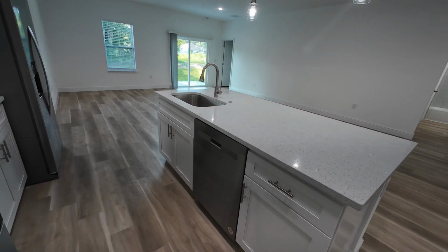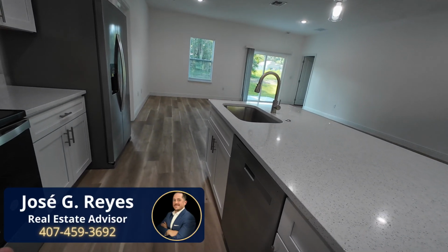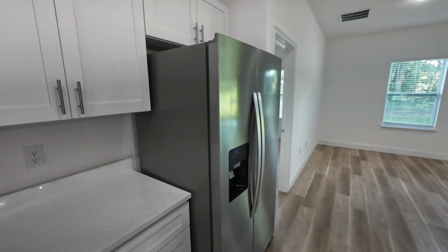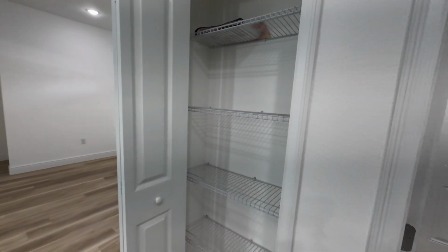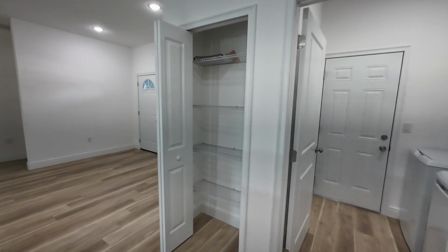And you have your appliances. Looks like stainless steel Whirlpool appliances here in the kitchen. So you have a dishwasher, you have your stove top, you have your microwave, and you have your side-by-side refrigerator and freezer. Now, over here, you're gonna have your pantry. Kind of a small pantry for this one, to be honest, but at least you get one, right? You can put all your goodies there for your kitchen,